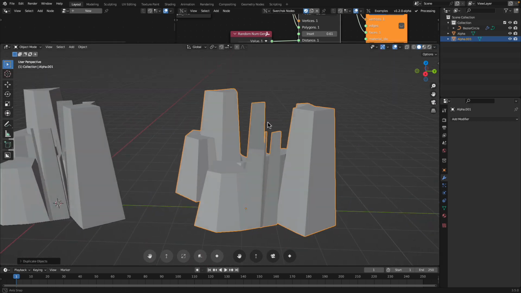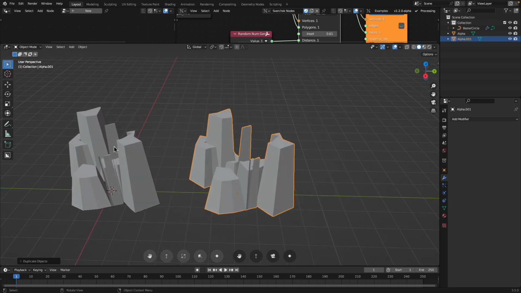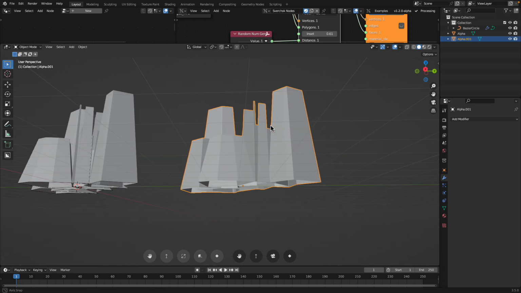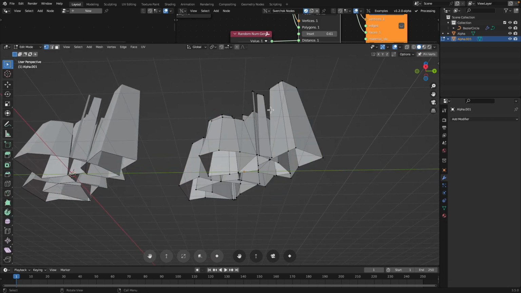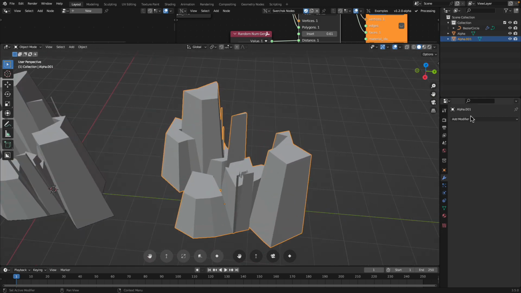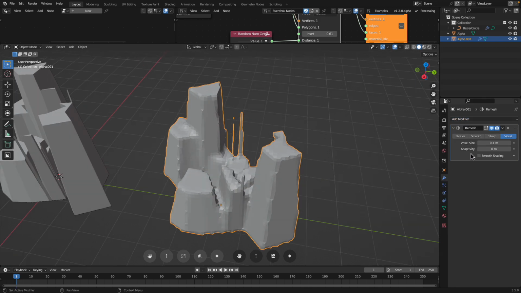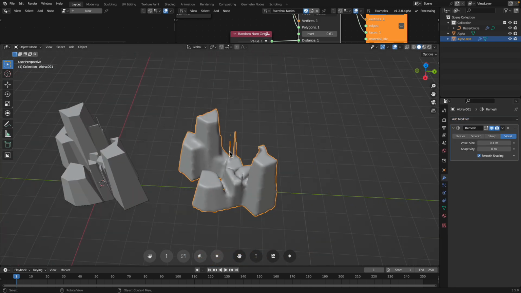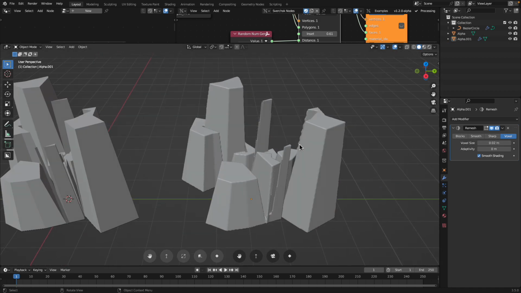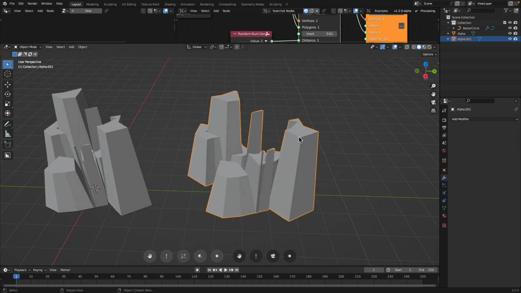Just for simplicity, I just duplicated this guy. We have just a simple geometry now. It's no longer procedural. I go to edit mode and just select all, F, fill the hole. After I do that, I just remesh, you know, and then I get this shape, and then I can send this into AI. So I can use AI for that, or